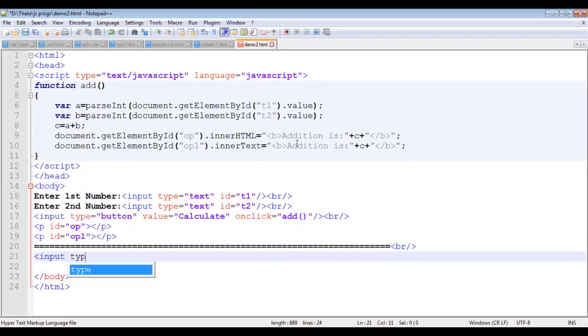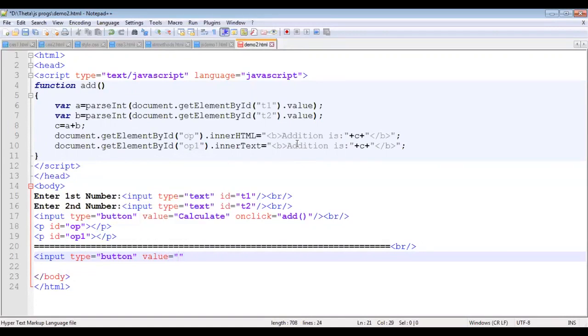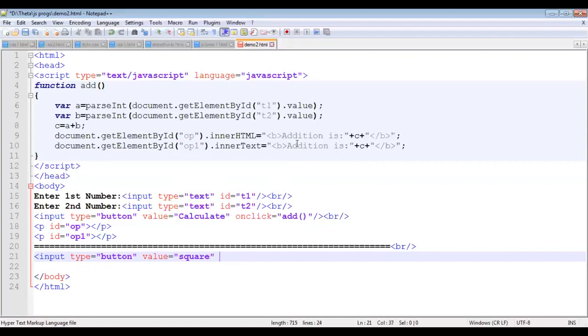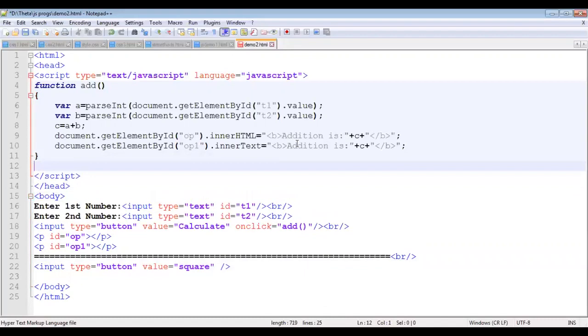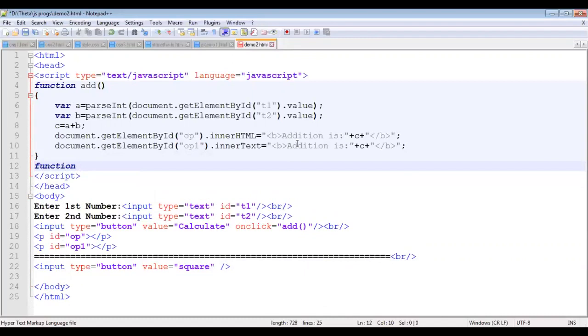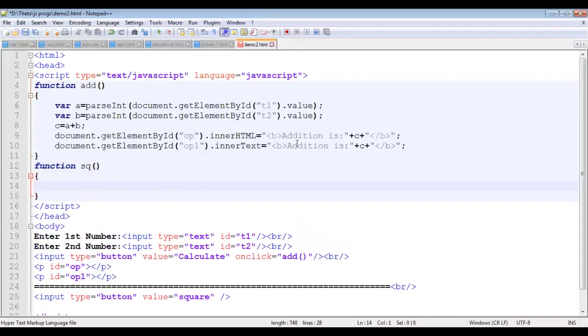Let's say input type equals button, then value equals square, meaning I just want to print the square of a given number, and we'll create the function over here. For creating a function, we can simply use function, let's say sq, you can give any name. Now for calculating the square of a given number, I have to accept that number first.